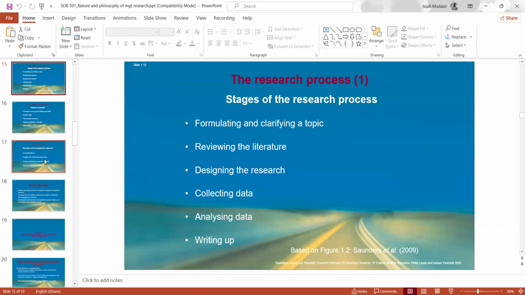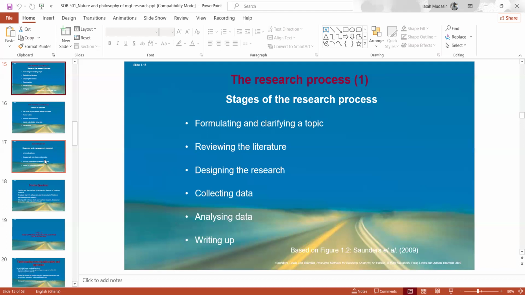So after selecting them, how do I collect the data from them? Do I conduct interviews? Do I do an electronic questionnaire where I send it to their WhatsApp pages? Or do I send them emails? Or do I meet them at their workplace or at their homes? And then I give them a questionnaire. The questionnaire, am I the one who will fill the questionnaire for them? Or they will fill the questionnaire on their own? You have to make all those critical decisions based on the research process protocol.